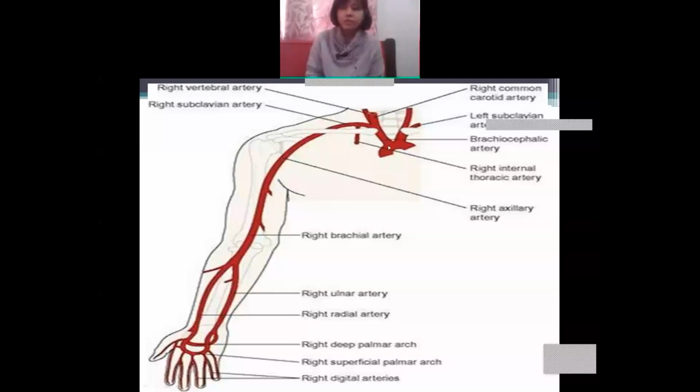They actually come from the arch of the aorta. Arch of the aorta means what? It means in your heart. You remember, aorta is there. So suppose this is your heart. Suppose this is the arch of the aorta. Arch means what? It is a curve. What does arch mean? It will be like this, not straight. Arch means like this, a little in a shape like this.